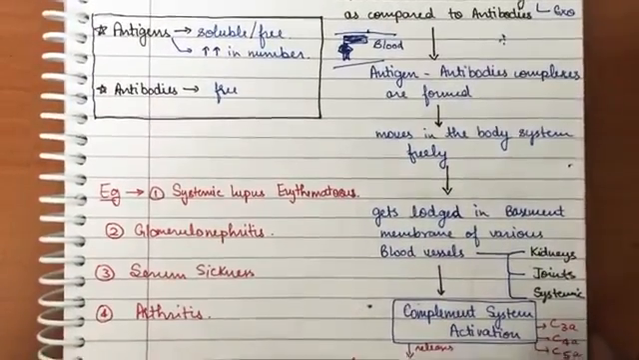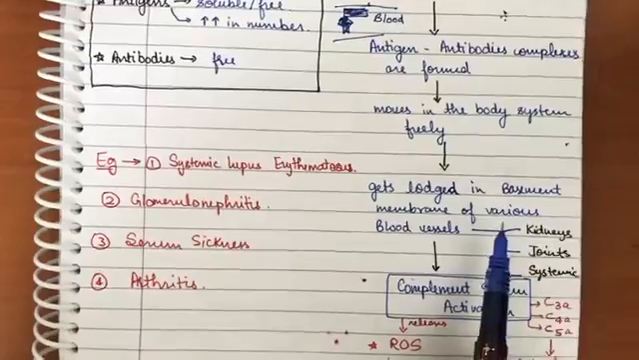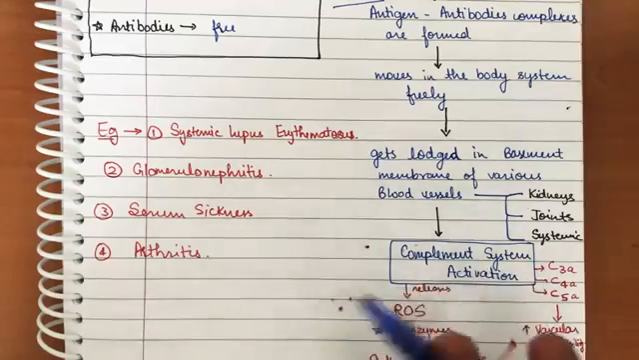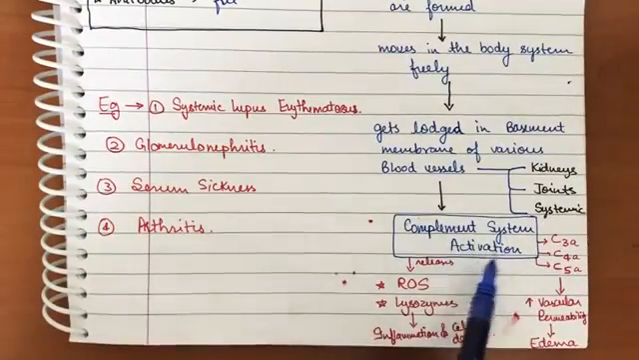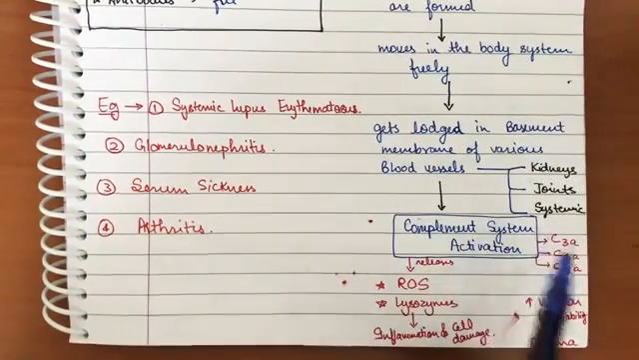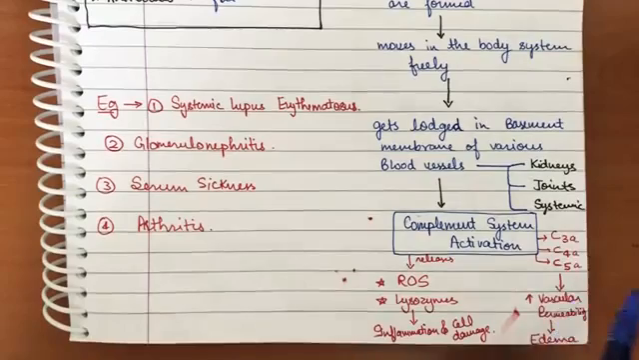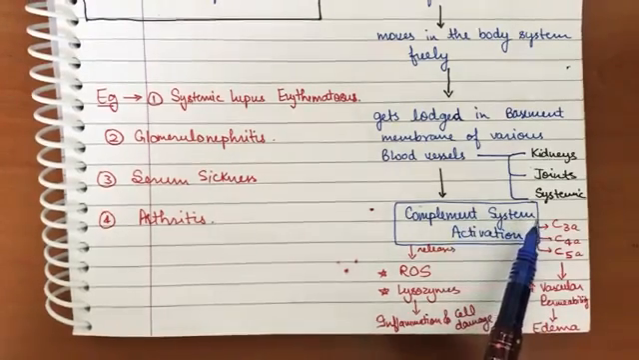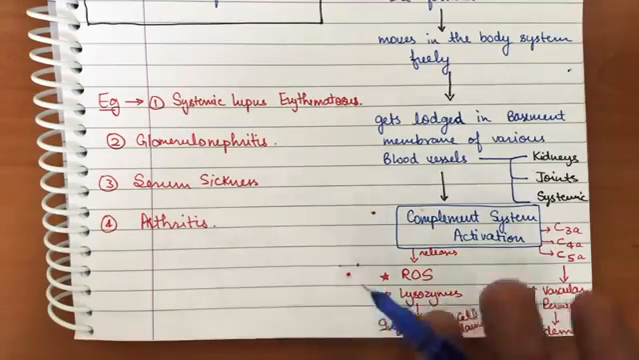After some time they get lodged in the basement membrane of various vessels, for example in kidneys, in joints, or any other systemic organ, and there they will activate the complement system. Once the complement system is activated, it will release C3a, C4a, C5a, these complement byproducts, and they will lead to increased vascular permeability that will further lead to edema. Also, complement activation releases reactive oxygen species and lysozymes that will further lead to inflammation and